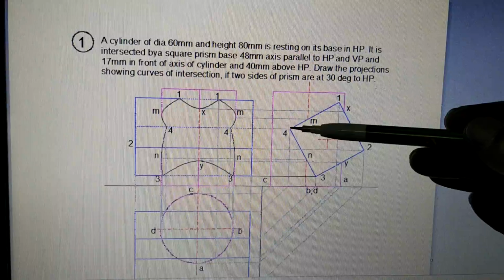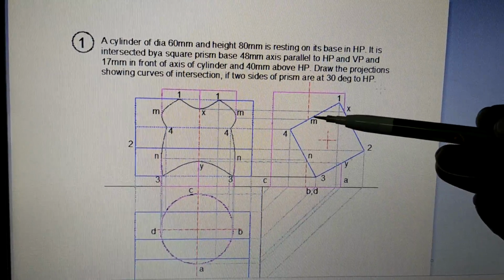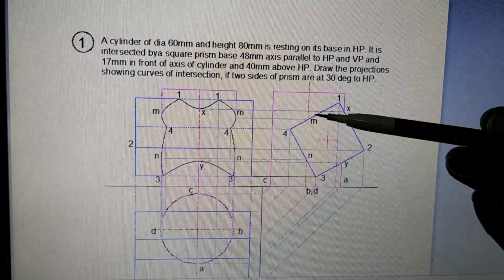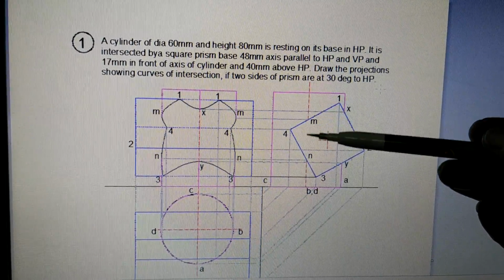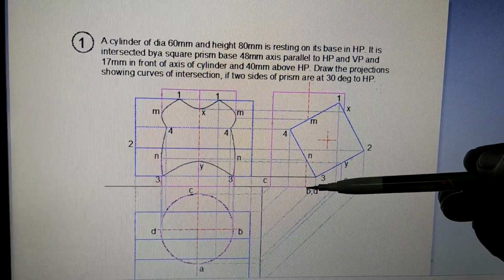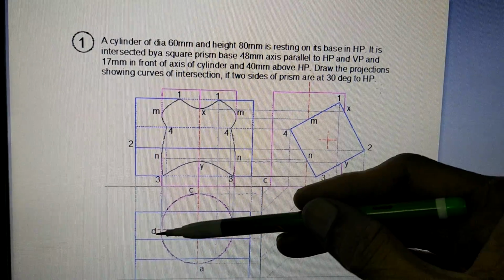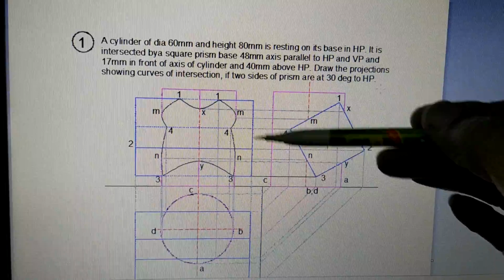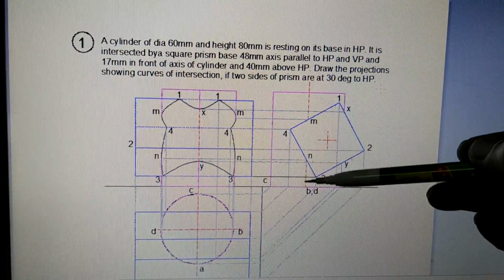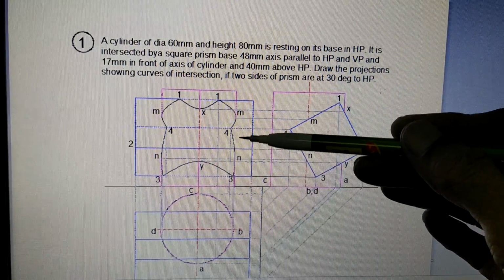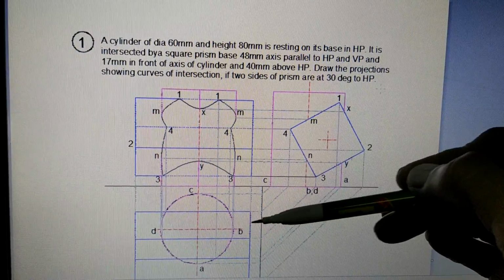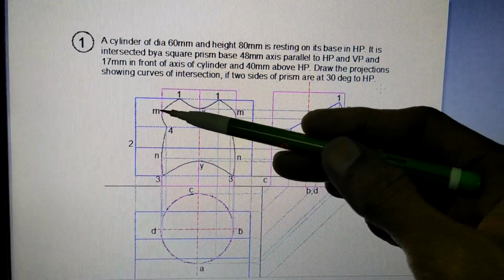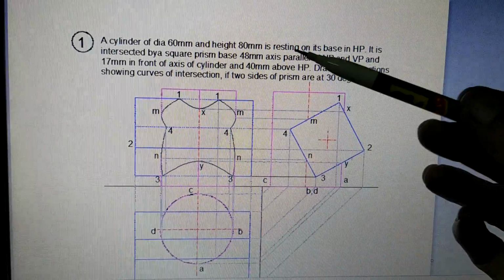Now let's go to 4, M, 1. Where is 4? Where is M? Where is 1? Now 4 is already there. 1 is already marked. But there is a changeover point M. M is on this generator. This generator is B and D. So B is here, D is here. So on this B and D, M should lie. So the height of M from the HP is this. This is the height of M. And M is lying on the generator over here. So M is here, because it is lying on generator B and also generator D. So we have marked point M in the two cases.